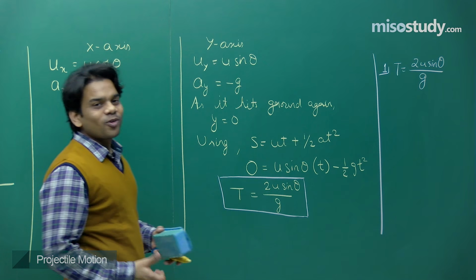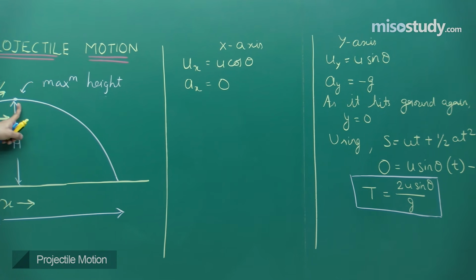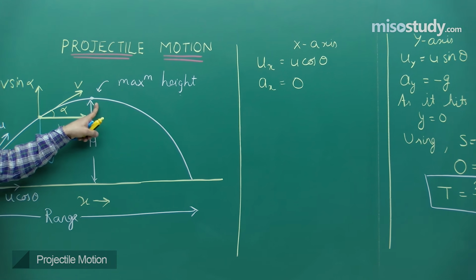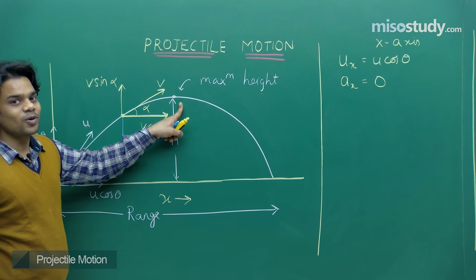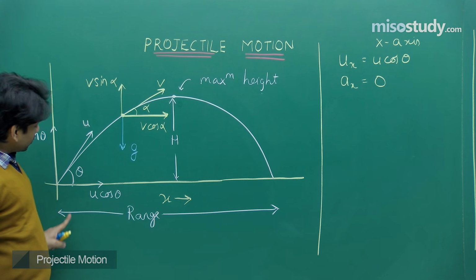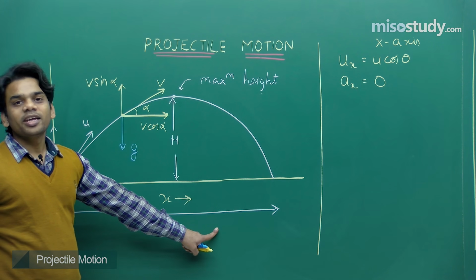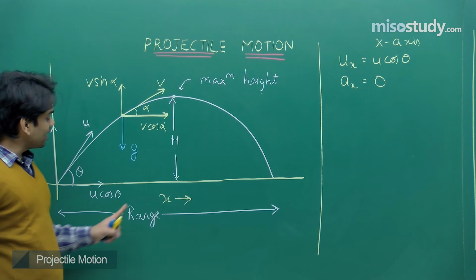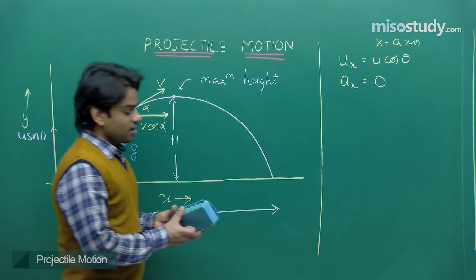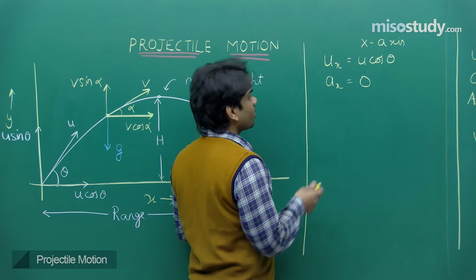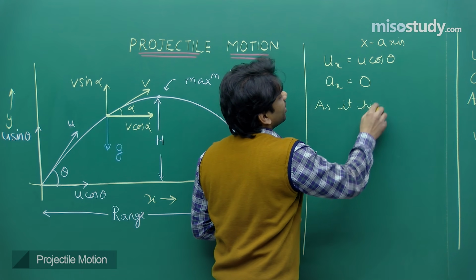Now second thing what we can evaluate, now you see here, again in the figure, at this point the particle is at its highest point. At this point the vertical component of velocity is 0. And you see here more, the body along the horizontal direction has got no acceleration. So we can find out the range of the particle if we use u cos theta and multiply it with the total time taken. So now the second thing that we can find out, as it hits the ground,